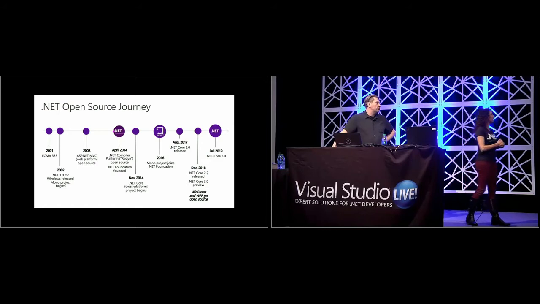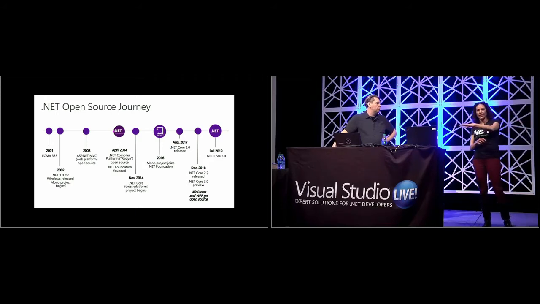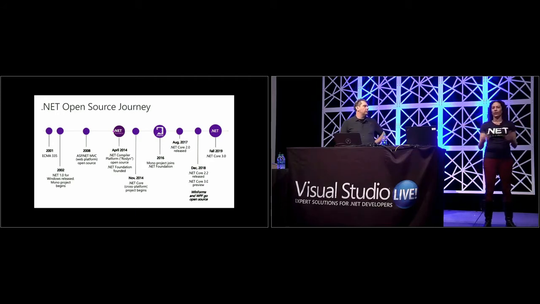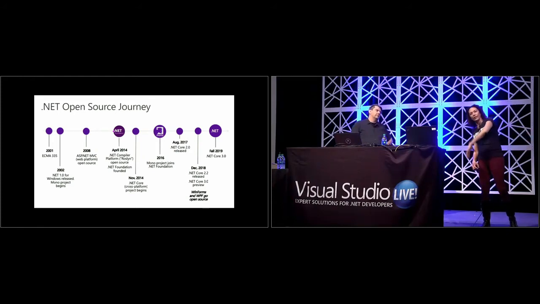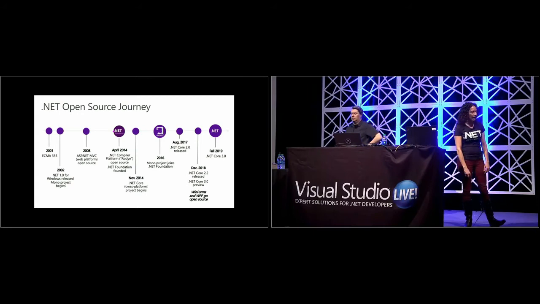Mono joined the foundation in 2016, and that kind of brought us to start to unify these platforms. So we have 3 implementations of .NET. Mono started to contribute to .NET Core, Microsoft employees contributing back to Mono, and now we're actually seeing almost the unification of these platforms, and we are thinking about these platforms becoming one at a certain point. In December, we released the first preview version of .NET Core 3,